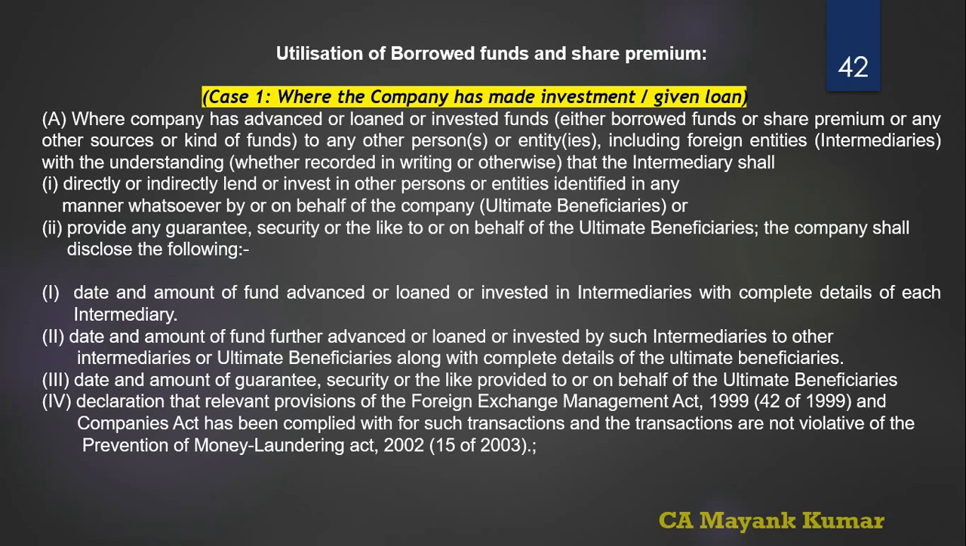This one is the last one, and this requires the company to disclose the details. If the company has given a loan or made an investment to another company, and at the time of giving such loans or investment, the company knows that the investee company or the loan receiving company will further invest or will further give a loan to another company. For example, company A has given a loan to company B, and at the time of giving the loan, company A knows that B will further give a loan to C, then